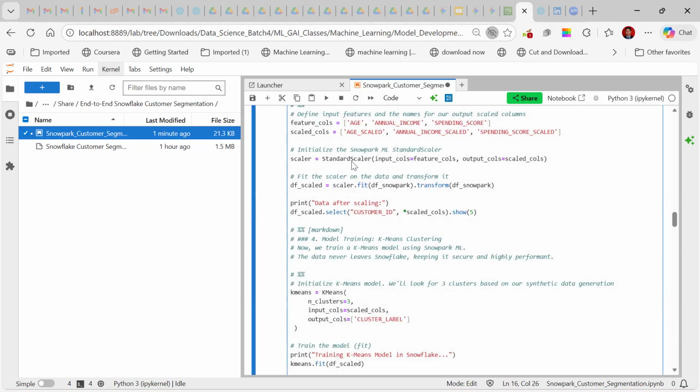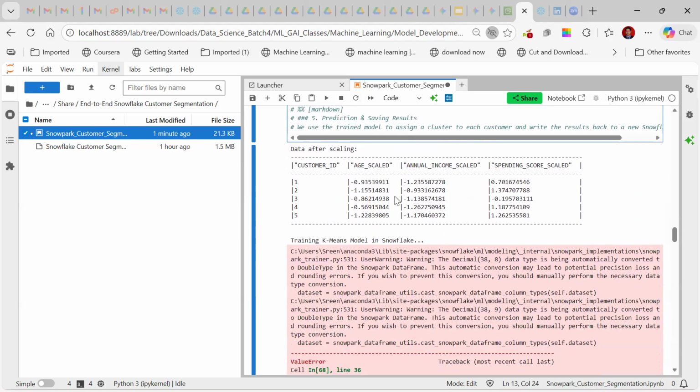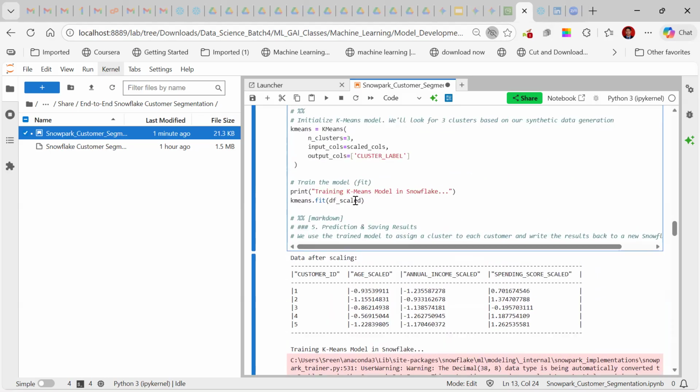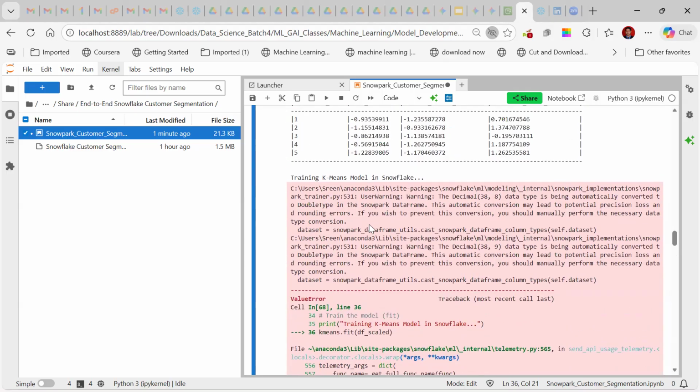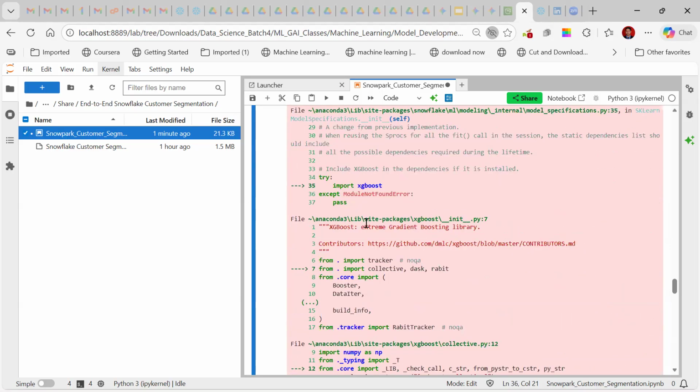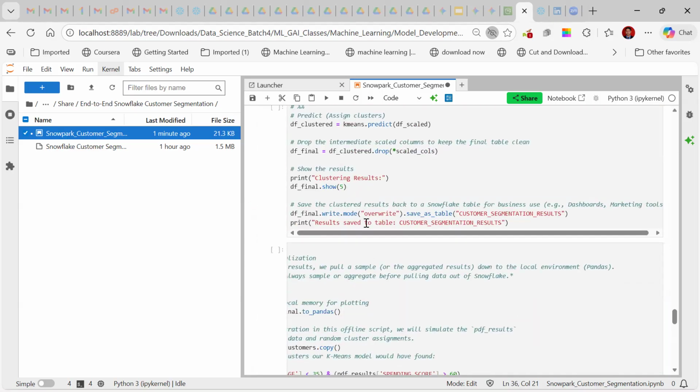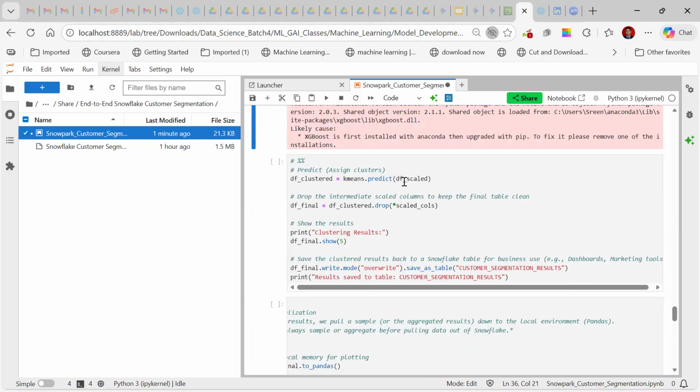This function, standard scaler, helps us convert every numerical column into a single scale like this. And this data we are going to pass now. Only the df scaled data frame, the single scaled one, we are passing here.